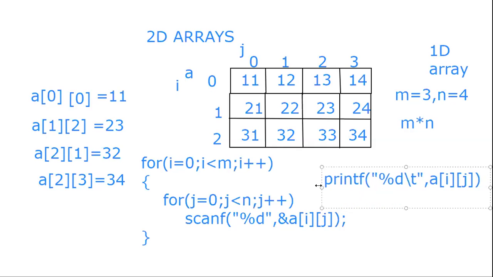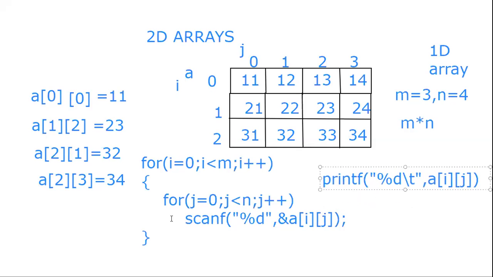Okay, so instead of scanf, we will give this printf in this place, and after every row we need to give a slash n. So note, this is the print instead of scanf. And because it has to print in a new line after one row, after one implementation of for loop, we have seen that in patterns, right? So after one implementation of j for loop, we will give a slash n so that next set of elements will be printed in a new line. So we are printing the elements of the array, similarly a of i j.